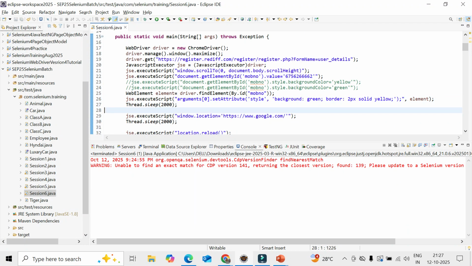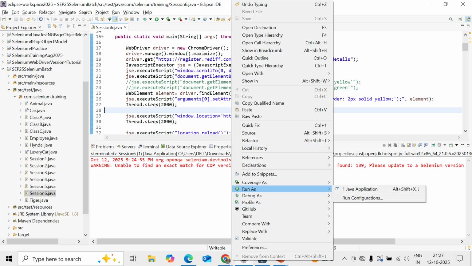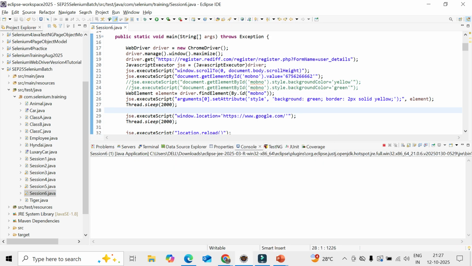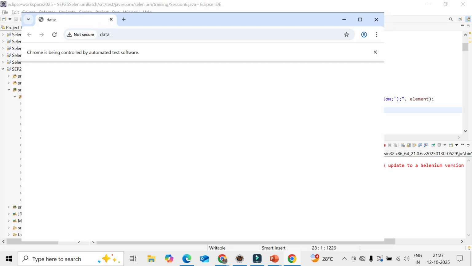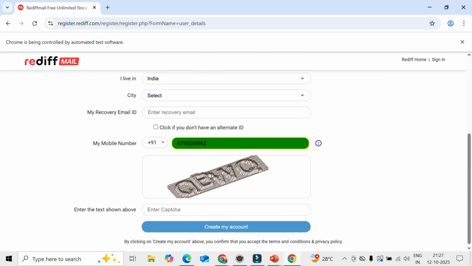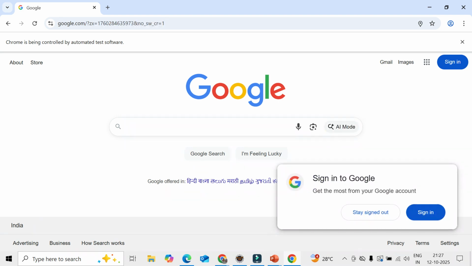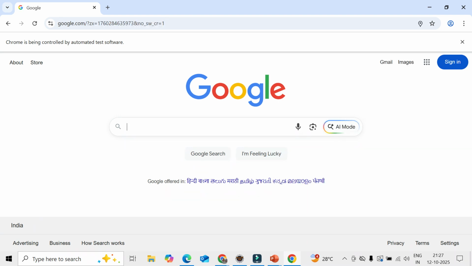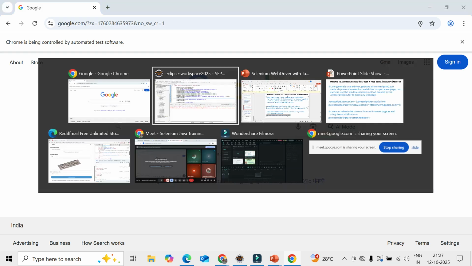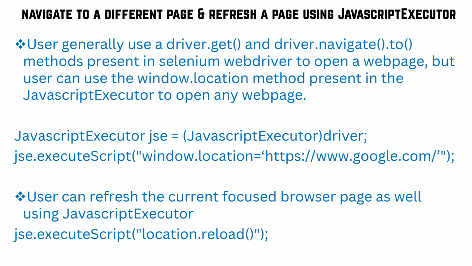Let's run the code and let's see what's happening here. So it will do the operation the same way as whatever we are doing. After that, wait for 2 seconds. It will navigate to the Google page. Wait for 2 seconds and try to refresh it again. Okay. So with the help of the JavaScript executor we are doing it, not with the help of the WebDriver interface method. So that is the important benefit. Sometimes your WebDriver interface is not able to do it,